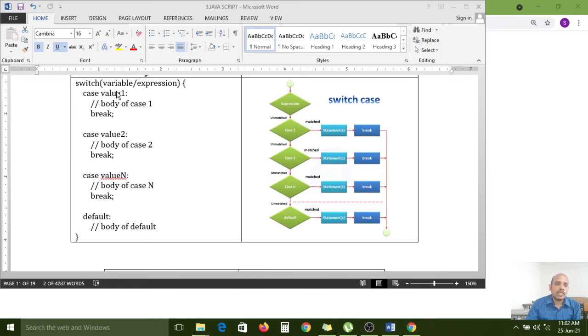If it matches the value 1, then the body of case 1 will be executed. After that, the break statement will terminate it, the control returns from the switch statement. And if the value 1 is not matched by the expression, then the control comes to the value 2. Case 2 it will check. If case 2 matches, then the body of case 2 will be executed, and the break statement will terminate